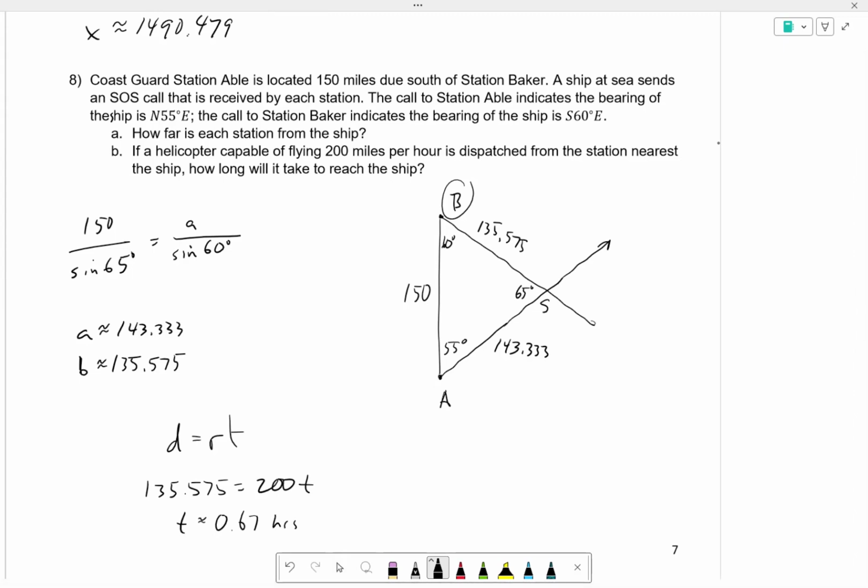0.7 hours? Interesting. If it's a fraction of an hour, do you want us to give it in minutes or in hours? I think tenths of an hour is fine, but if it says minutes, you should be prepared to do that. So we'll say that it's 0.7 hours. Yeah, 0.7 hours is fine. To get minutes you can multiply, a conversion.